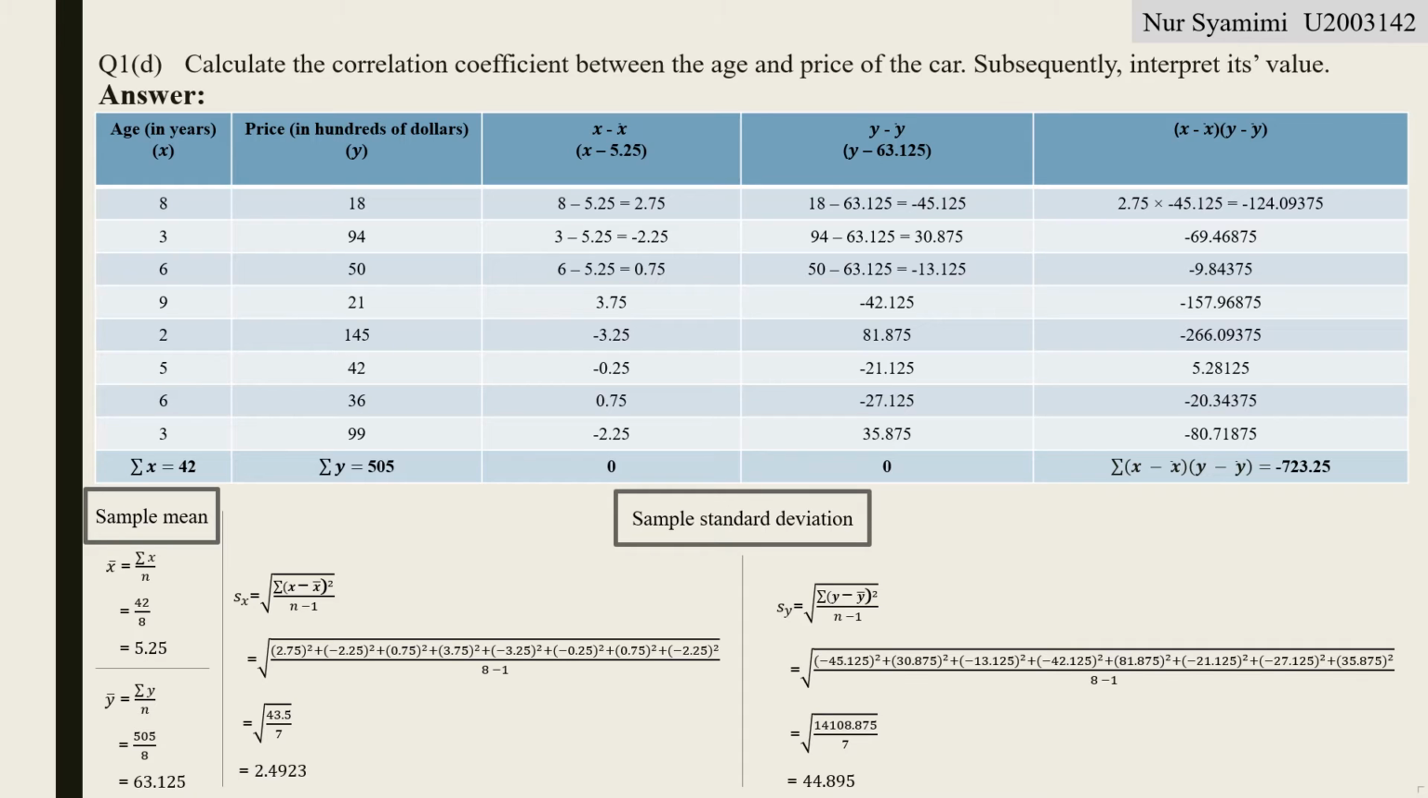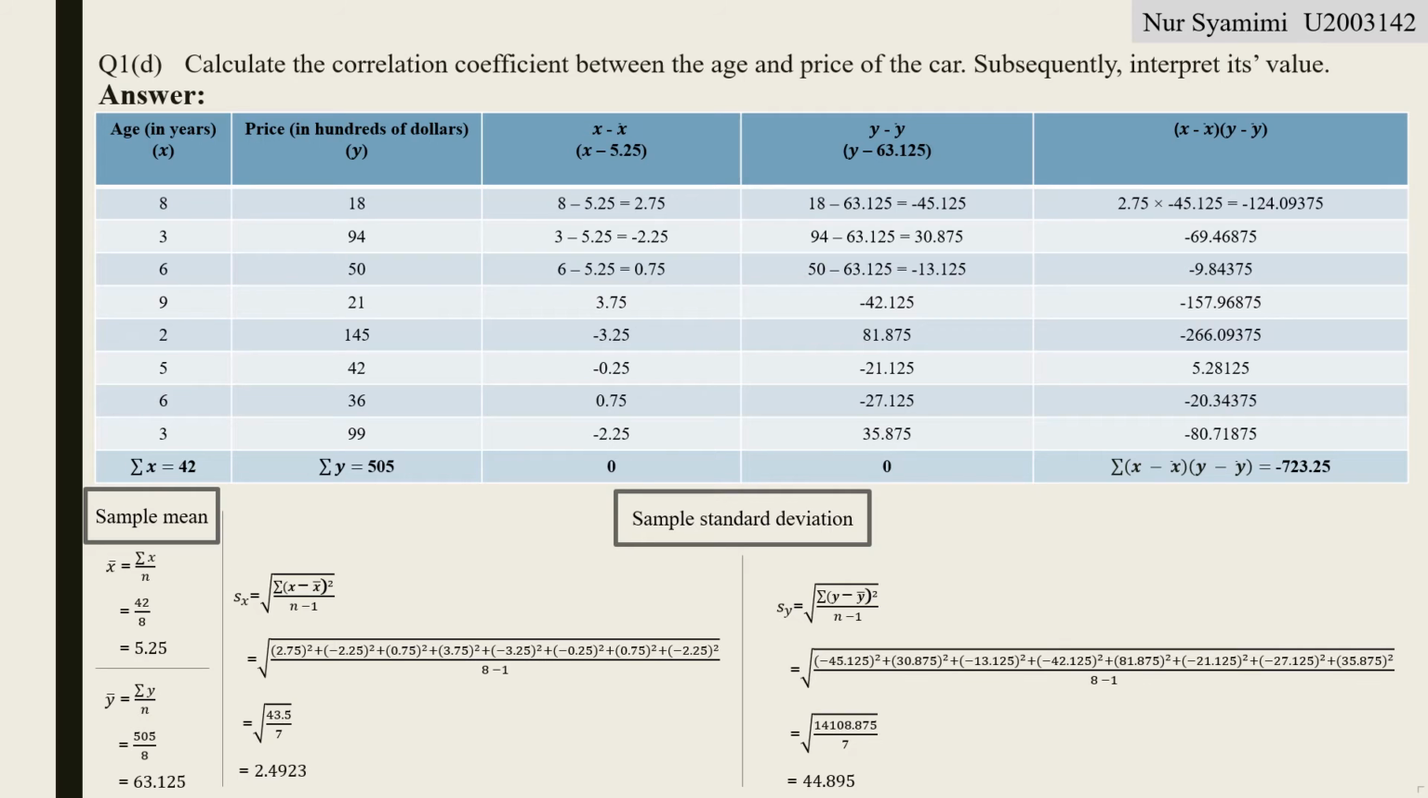For the rest of the data, we use the same method, and for the last data, we get negative 80.71875. So the sum of (x minus x bar) times (y minus y bar) is equal to negative